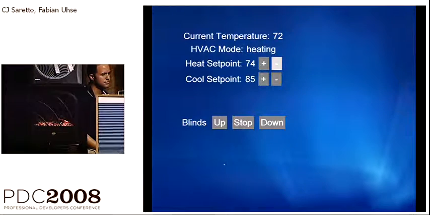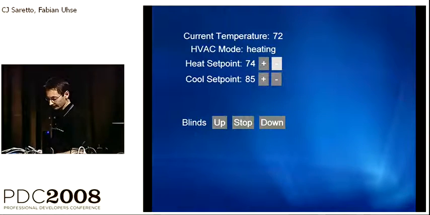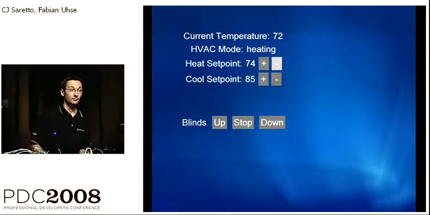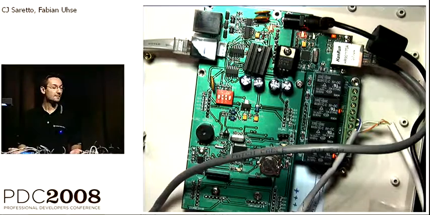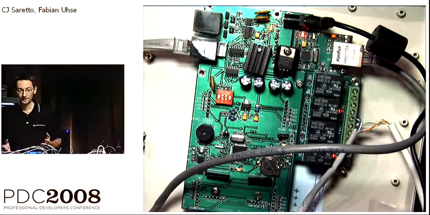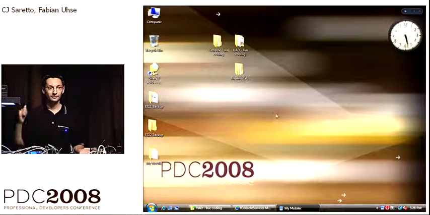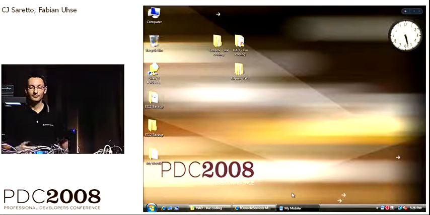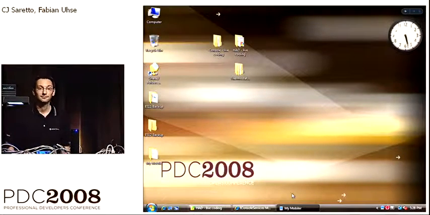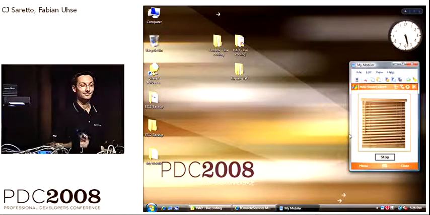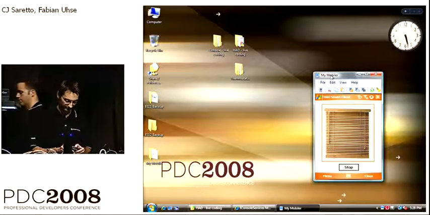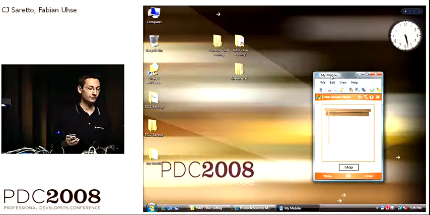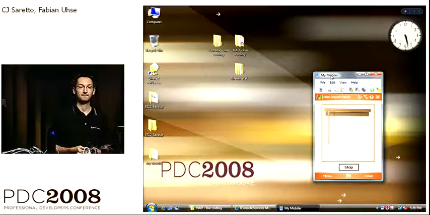So when I wander through my house, I maybe see a room where the blinds are down, and I just want to make them go up. And to do so, I don't have a Windows Media Center right in front of me. And unfortunately, there's no touchscreen in my wall behind. So what am I going to do now? Oh, I'm carrying my Windows mobile phone with me. So all I need to do is to launch the application. This is the screen of my Windows mobile phone. And just press the button. As you can see, I just press the button, the blinds go up.